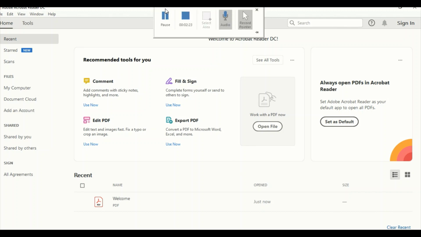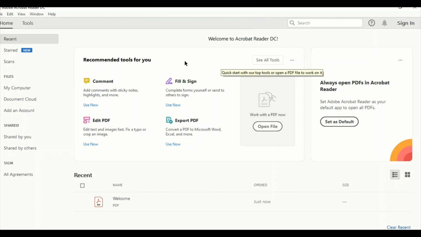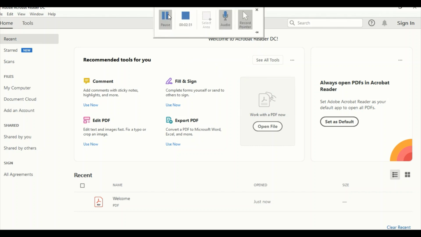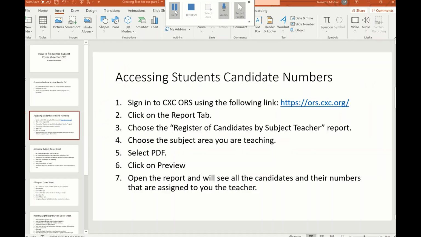So what we're going to do now is we're going to see how to do the cover sheet and how electronic signatures can be done with the Adobe Acrobat Reader software. So now we're going to see how to access this candidate's numbers, because this is necessary in completing the cover sheet. So you can sign into your CXC ORS,